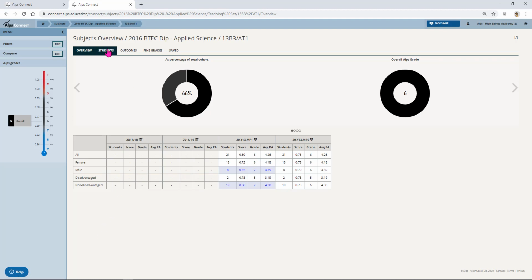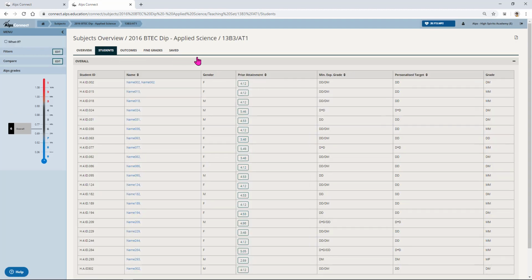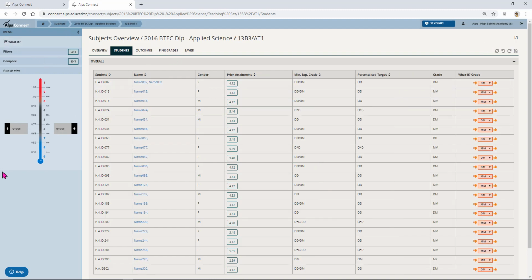If we go to the Students tab, then what we can see here is the ALPS minimum expected grade, the personalised target that's been agreed between the teacher and the student, and the actual grades. My first thought looking at these grades is there aren't any D stars at all being suggested by the staff. What we can do is turn on the what if, and drag up the thermometer,